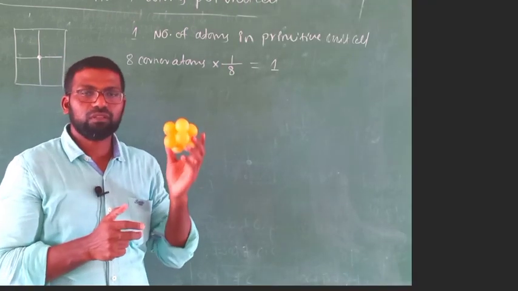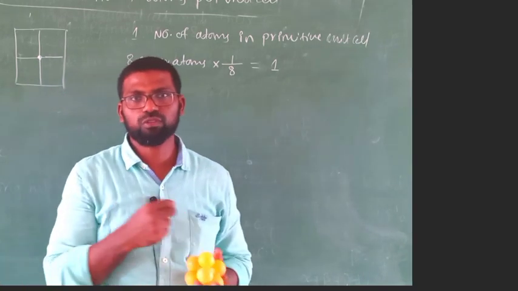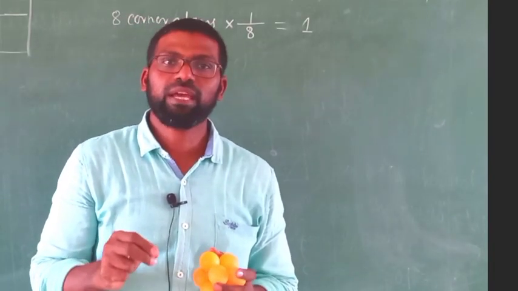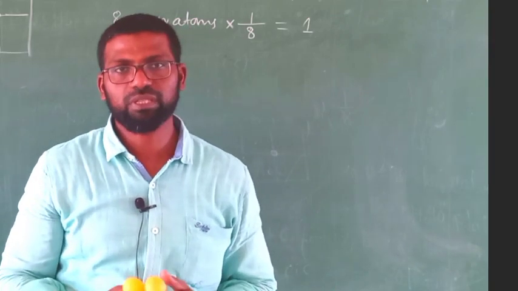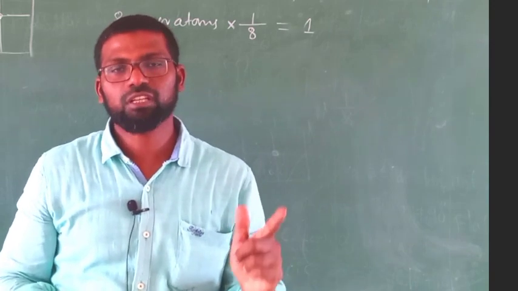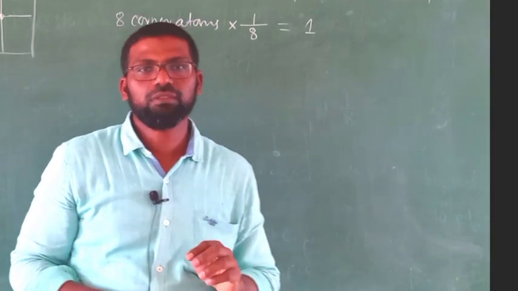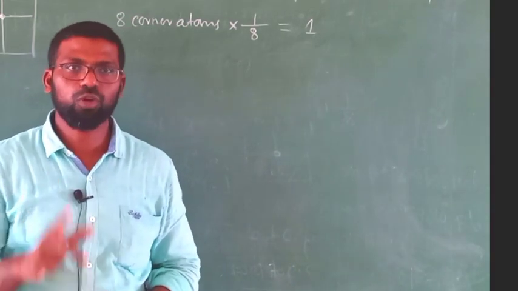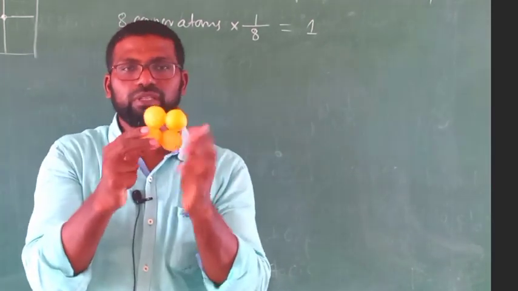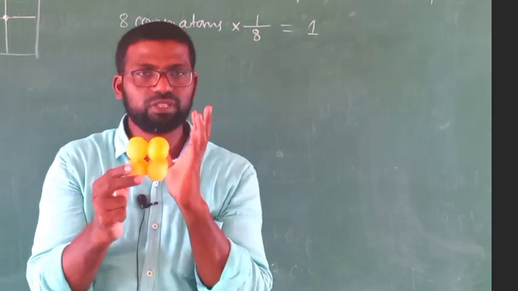Suppose I give you a small example. You are having 10 rupees in your pocket. 10 rupees belong to 9 of your other friends also. That means you get 1 rupee and the remaining 9 rupees will be given to your friends. Actually 10 rupees are with you only, but what is your share? Only 1 rupee. Similarly, here there are 8 particles, but these 8 particles do not belong to this unit cell itself.